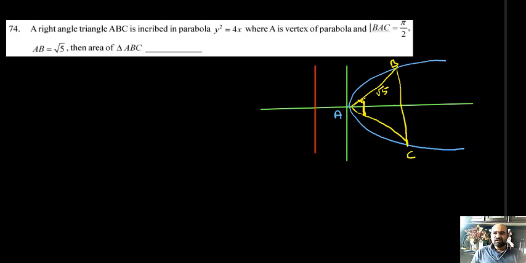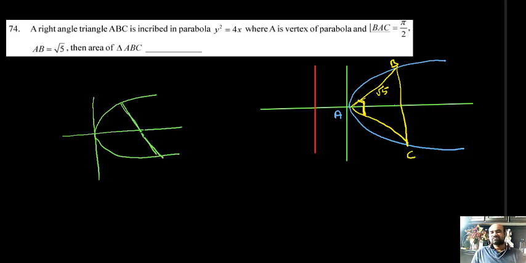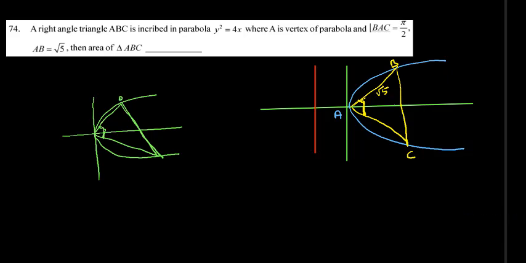Here I want to explain one important result. If a chord of the parabola subtends 90 degrees at the vertex, how do we find the relationship between the vertices B and C? If B is given, directly you can find C. For example, this is the parabola, and this is the chord making 90 degrees at the vertex. The vertex is here, 0 comma 0, because the parabola is taken as y square equal to 4x. Now I can take that point as (at square, 2at), and then (a t2 square, 2a t2) is the next point, the extremity of the chord.